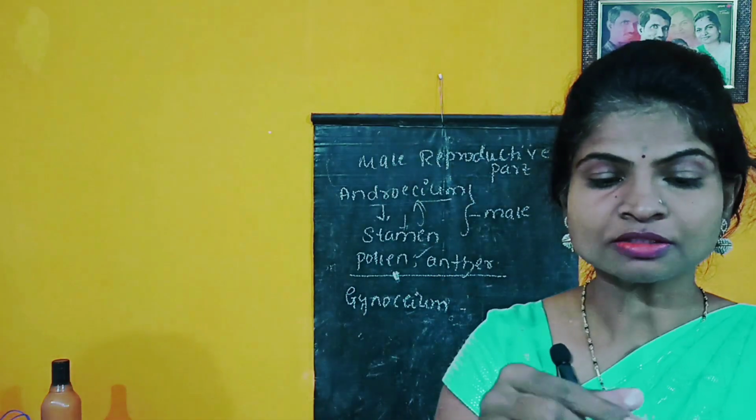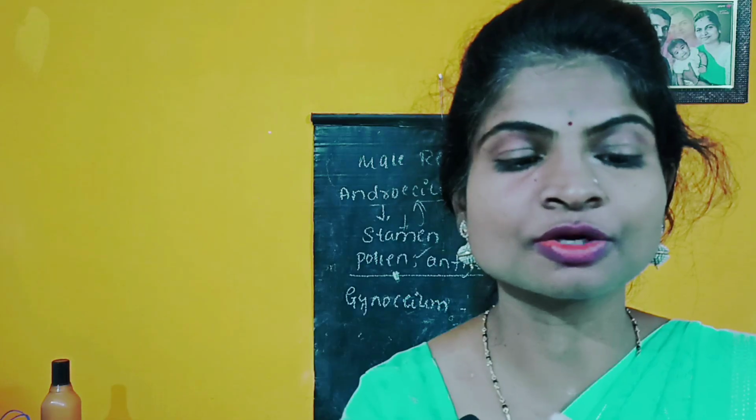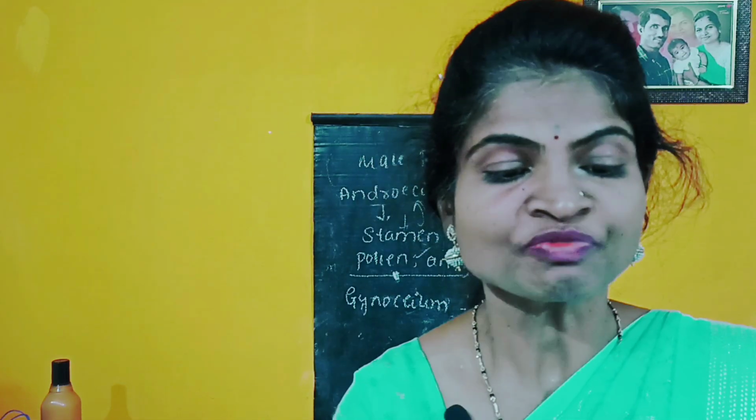Next, the female reproductive part. At the end of the filament, the yellow edges are there. These are called a stigma, and below the stigma there is a space. This open space is called a style, and